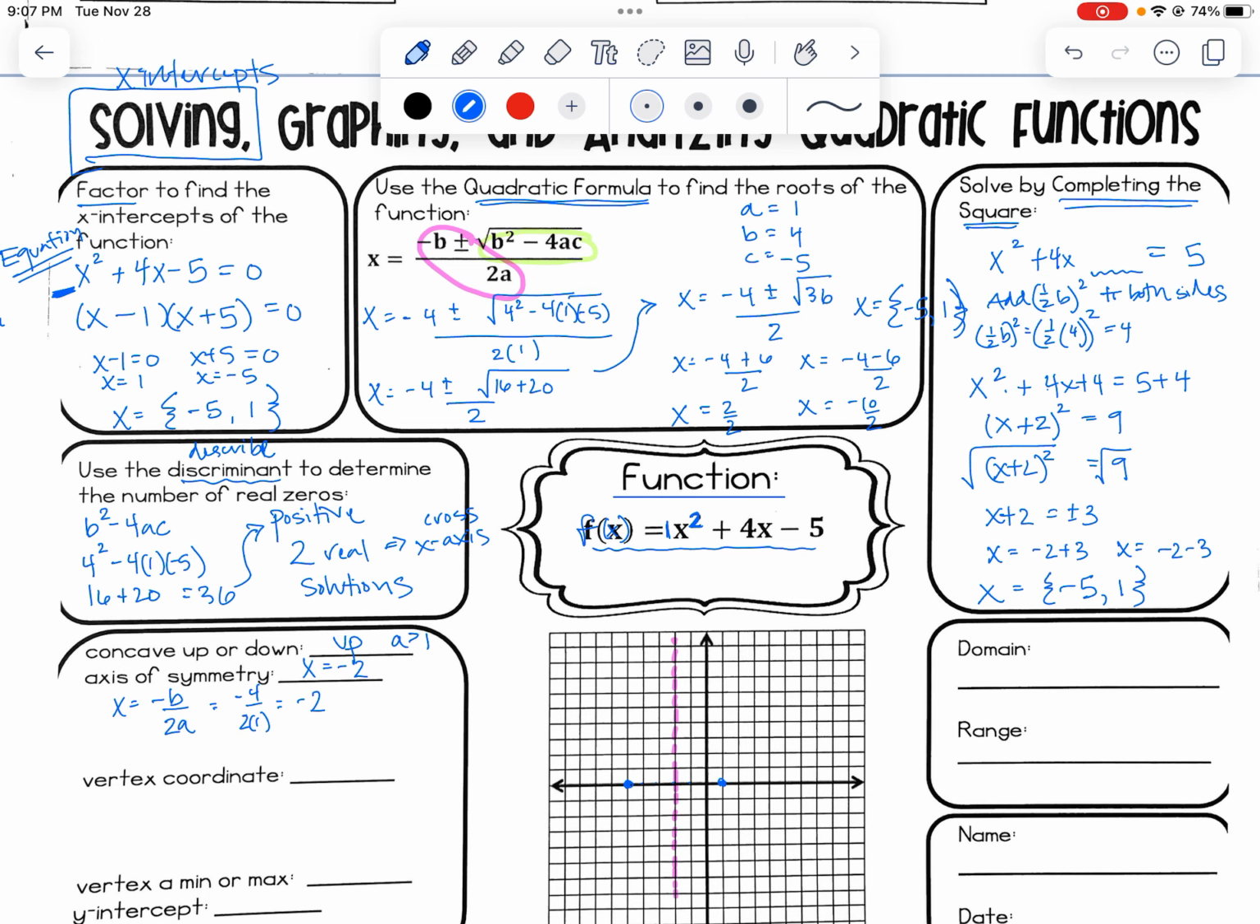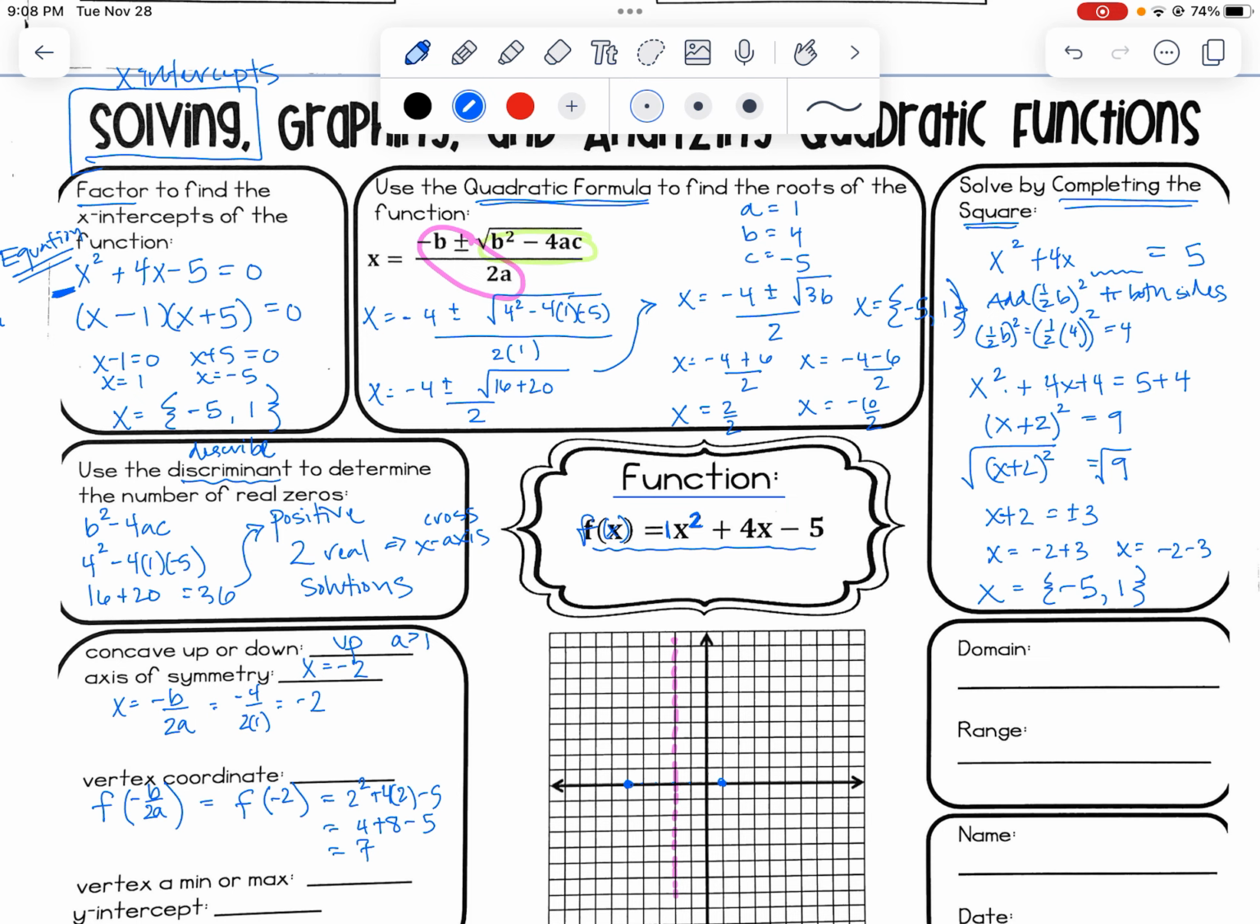Okay, now the coordinate for the vertex. I want to find f of negative b over 2a. I want to take that coordinate for the axis of symmetry. I find the axis of symmetry, it's where x equals negative 2. That means I'm going to plug negative 2 into the function. And when I do that, I get 2 squared plus 4 times 2 minus 5. I get 4 plus 8. That's 13 minus 5. Oh, sorry, that's 12 minus 5. That is 7. So the coordinate for the vertex is,